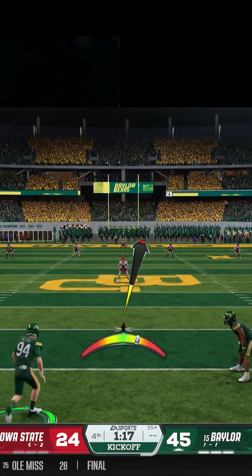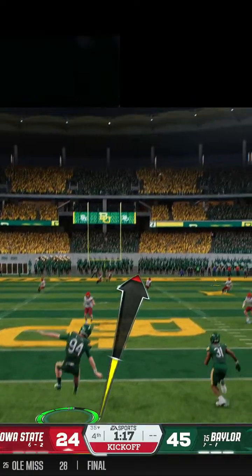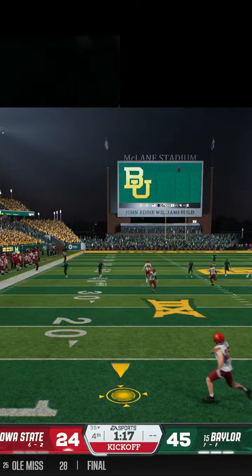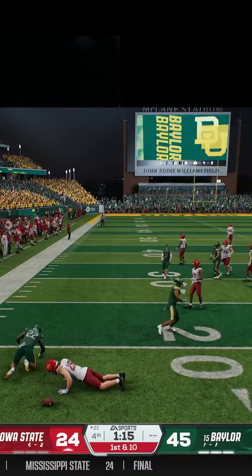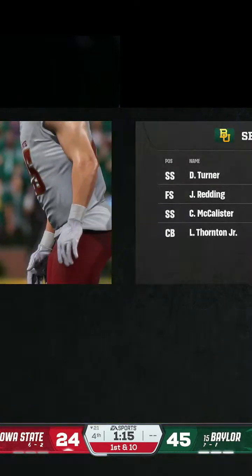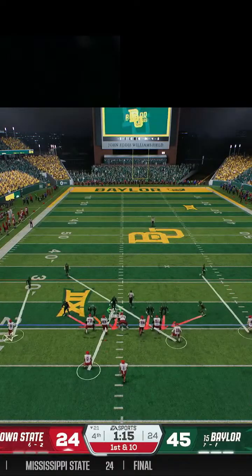Huge play. It's so nice to have guys that can create these explosive plays like this. You hand it to him, he can do the rest. Look at the speed, look at the elusiveness, get into the end zone. Nice run. They come to the line for the first play of the